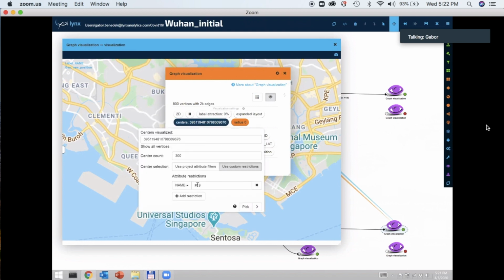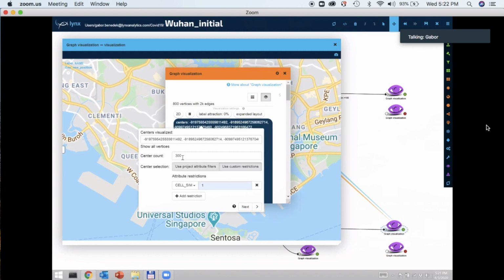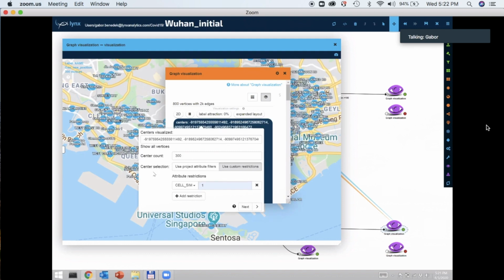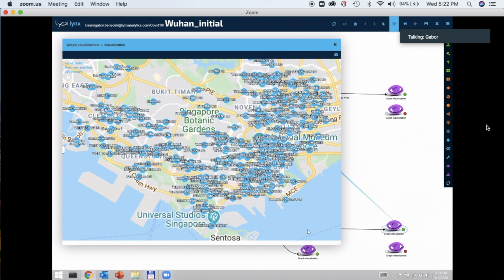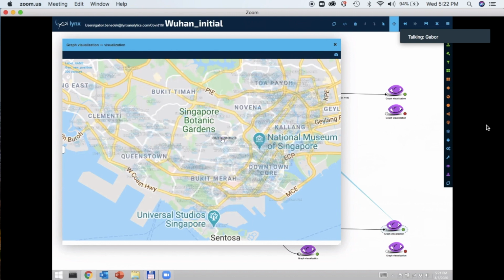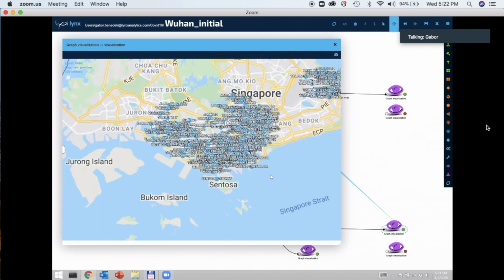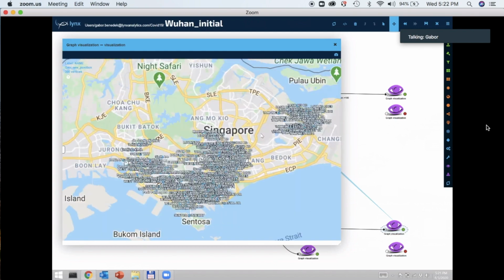and I'm going to change the center, instead of case 19, to the cell towers. I'm interested in the cell towers, and I have randomly selected 300 cell towers. The reason why I randomly selected 300 is because probably there are many more in the last 14 days, especially if this patient is very mobile. So you will be able to see lots of cell towers in different locations